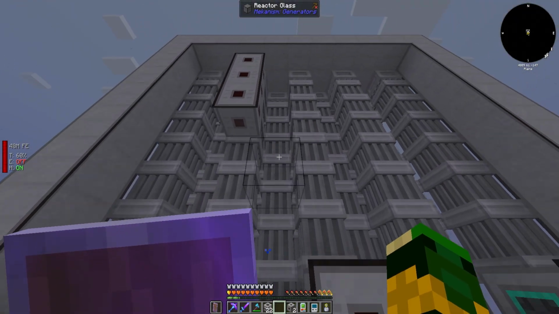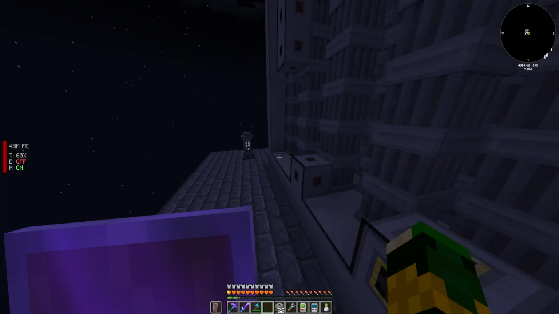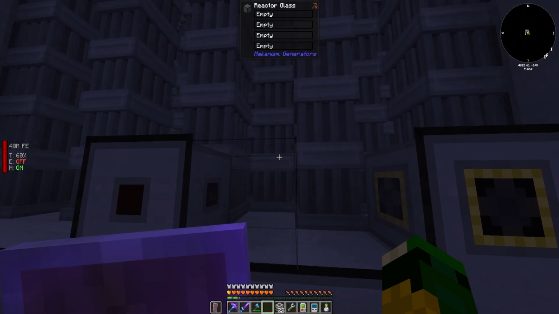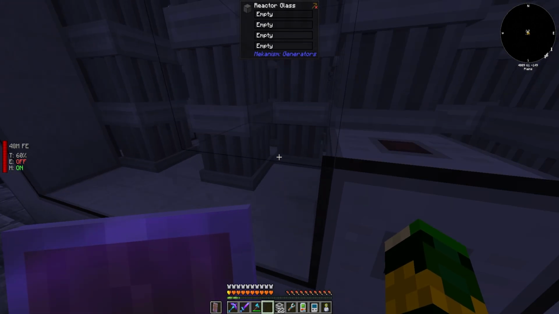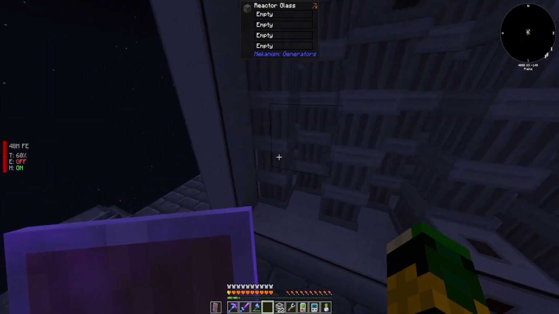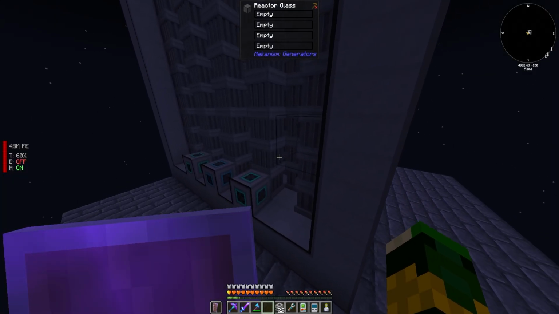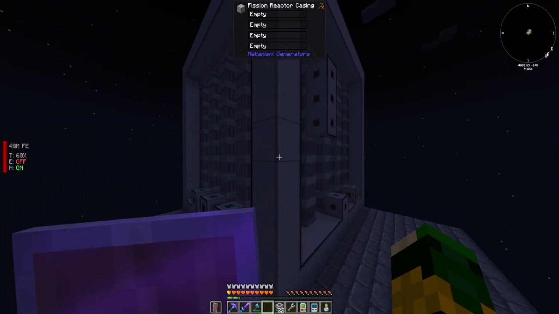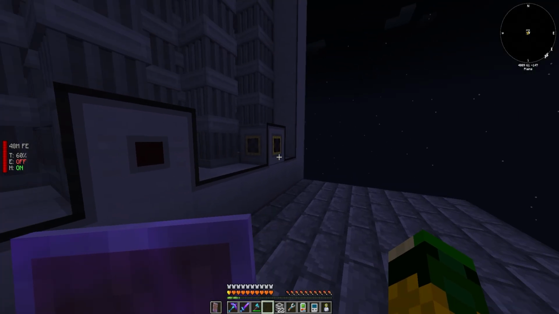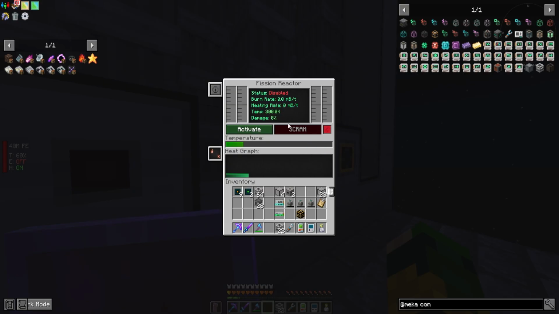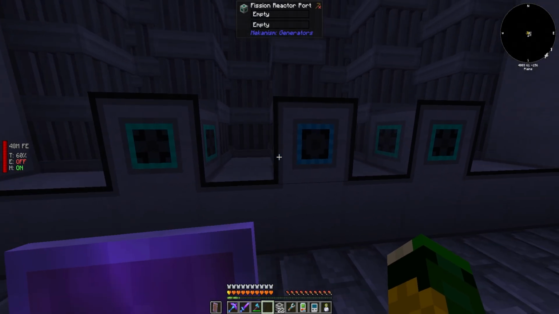Cool. Still not registering correctly. So I've done something wrong. Let me see if I can figure it out. All right, there we go. We got it. There were actually some of these blocks missing from the bottom on the interior in there. Must have got a little heavy with the hammer, I guess, whenever I was clearing stuff out. But there we go. We now have a reactor set up. Yes, we do. Now we can look at it. Yeah, we got everything going in there. Cool. I think now we just need to get the stuff put in here.